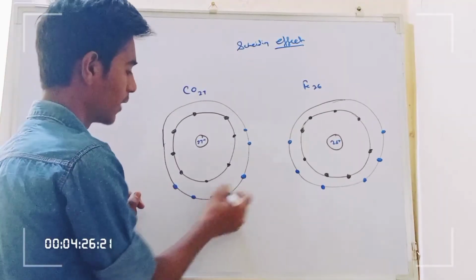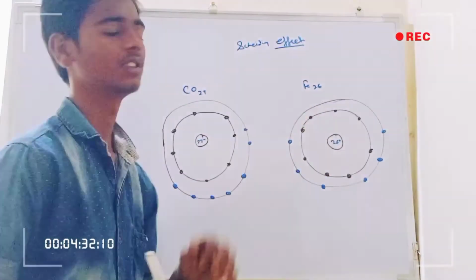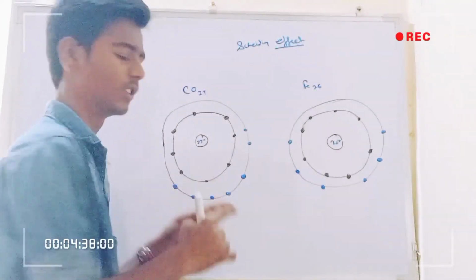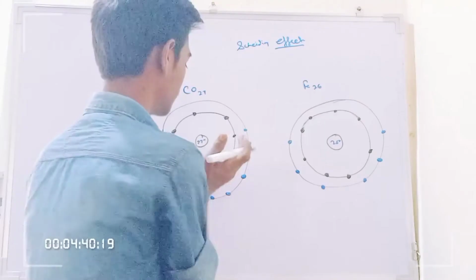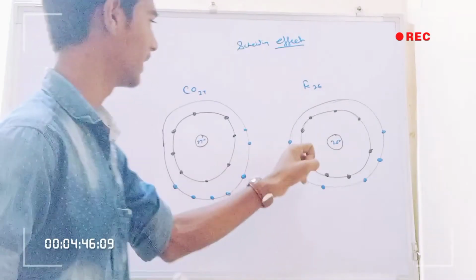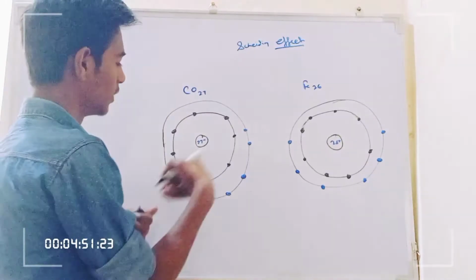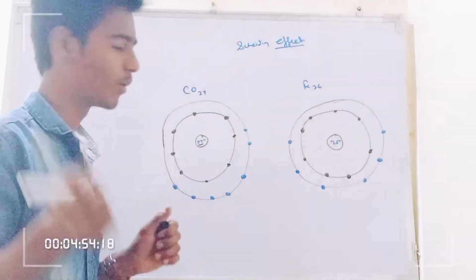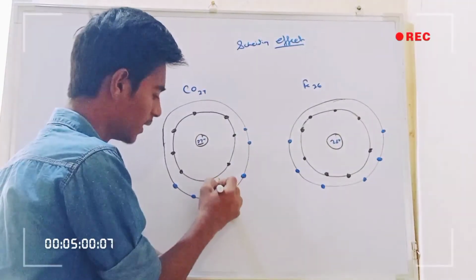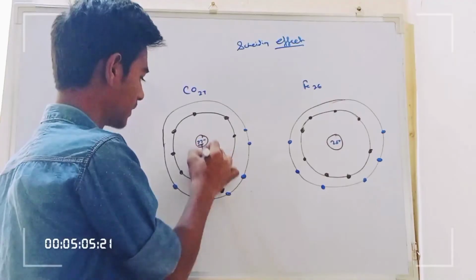Here we have drawn 7 electrons in the outermost shell of cobalt, whereas there are 6 in ferrous. Now, due to repulsion, we know electrons have the same negative charge. Hence the 8 electrons repel the outermost electrons of the cobalt, and likewise in the ferrous. As the 27 plus charge is present in cobalt and 7 electrons are present, the 8 electrons repel the 7 and the 27 plus attracts the electrons.